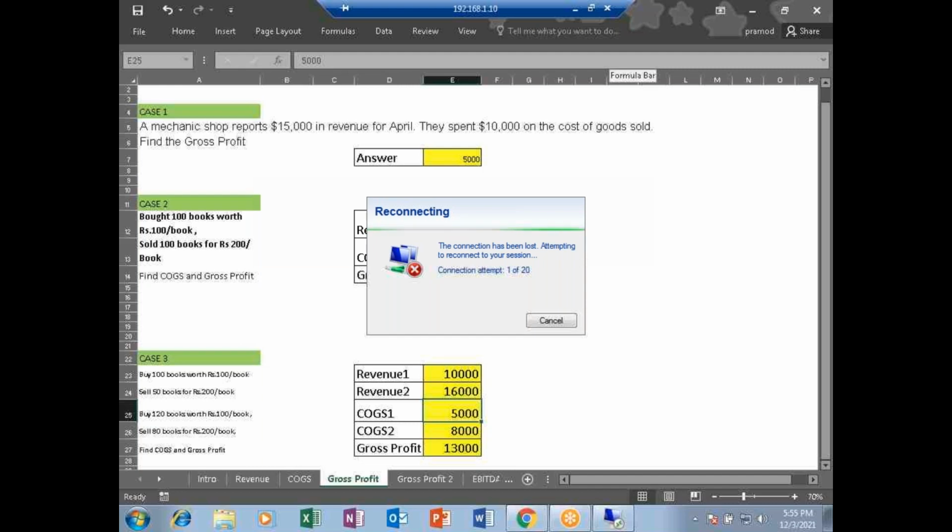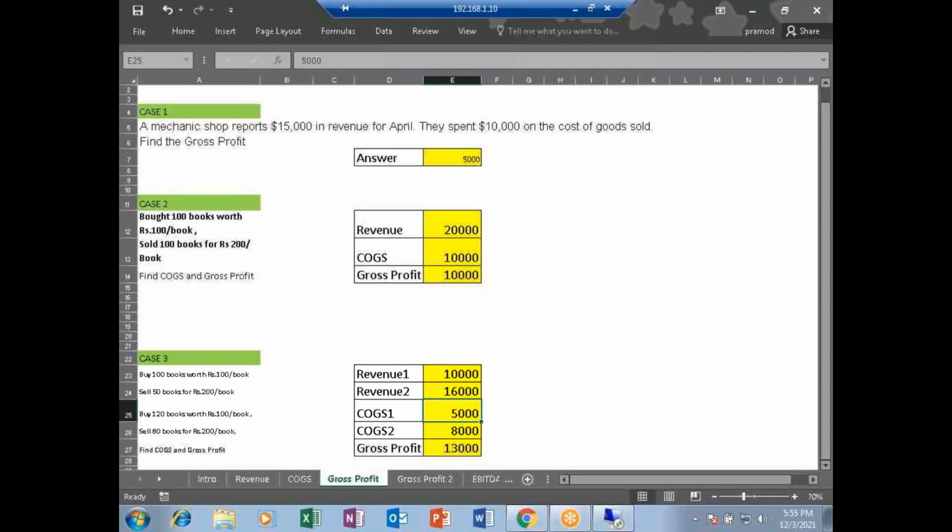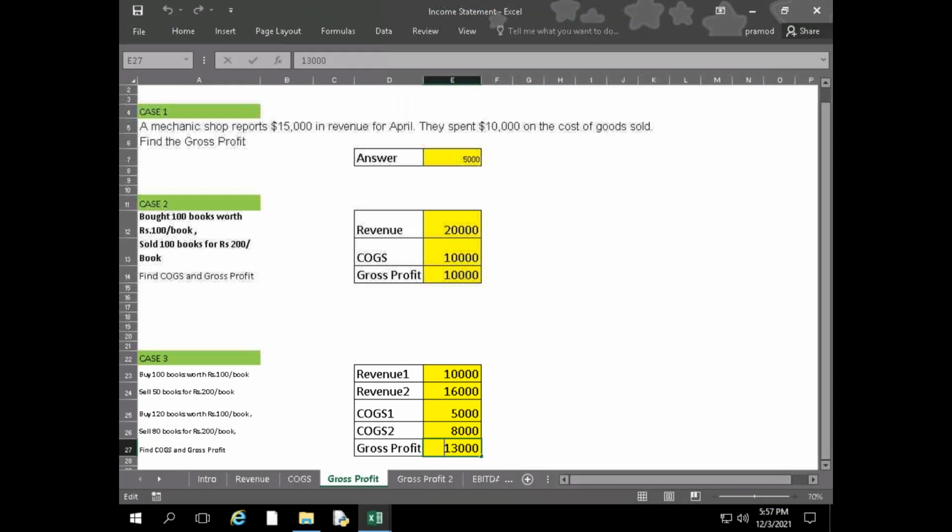That means like 10,000 is in which cell? E23 plus E24 minus E25 plus E26. So equals, plus, minus, plus. So it should be